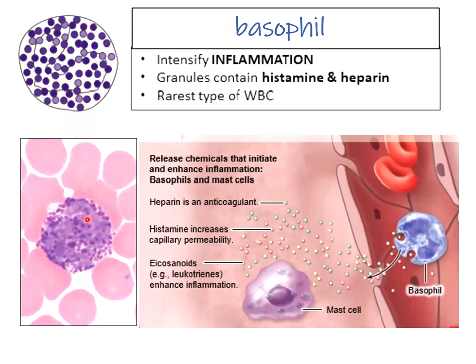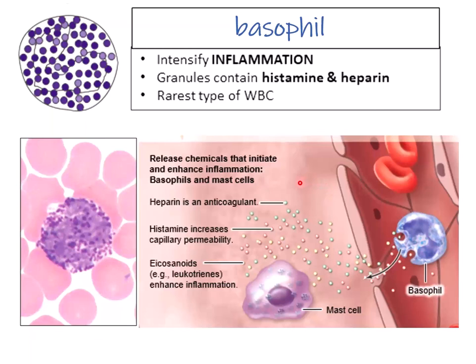The granules are larger than those of the eosinophils and the neutrophils, so they almost completely cover up the nucleus. It looks kind of like a blueberry or blackberry. These cells are the rarest of all the white blood cells. I'll show you a blood smear in a second. But what basophils do when there is an area of injury or infection,